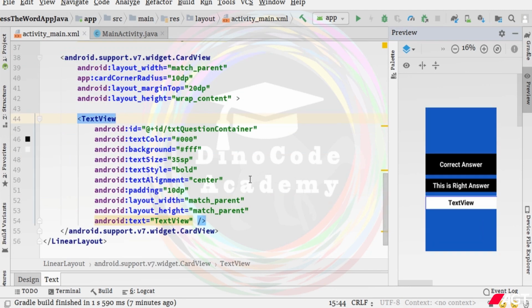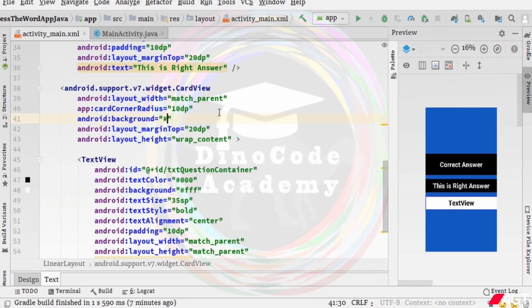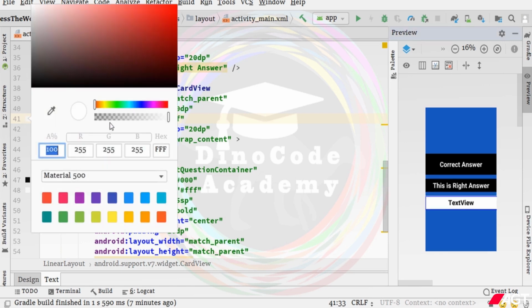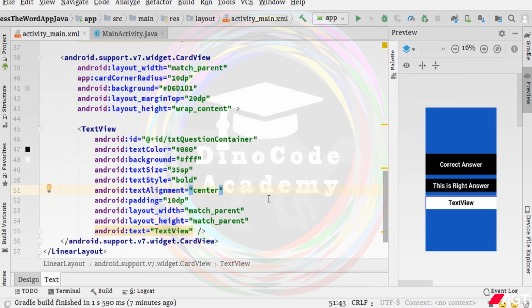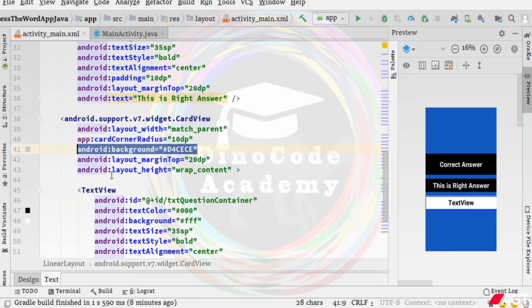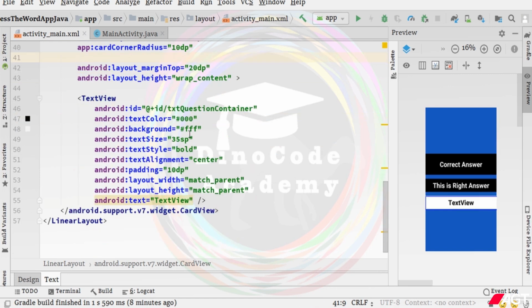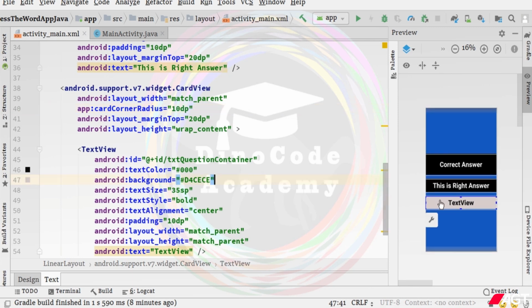Now the card view corner radius is not looking good, so I'm also going to give the card view a background color. So just simply hashtag FFF. I'm going to give it a little grayish color, because the text view is appearing taking the whole space. That's why we need to give the same color to the card view. So instead of giving color to the card view, because the card view is fully hidden by the text view, cut it and paste it here. So you can see now the text view looks a little darker gray, or we can say whatever, a light darker gray. After that,